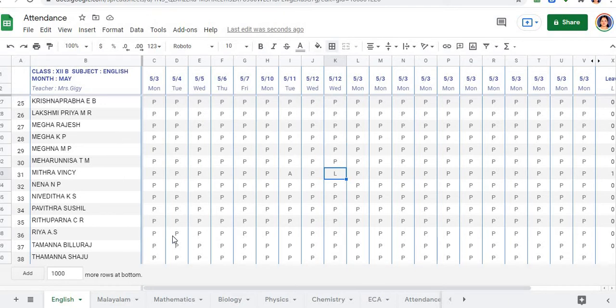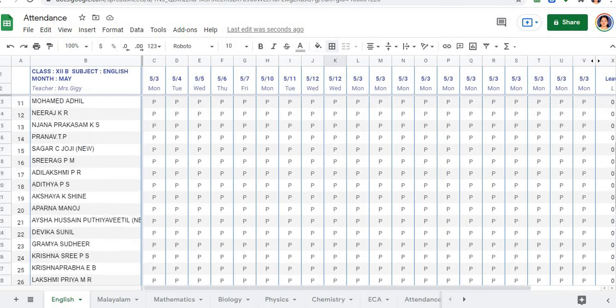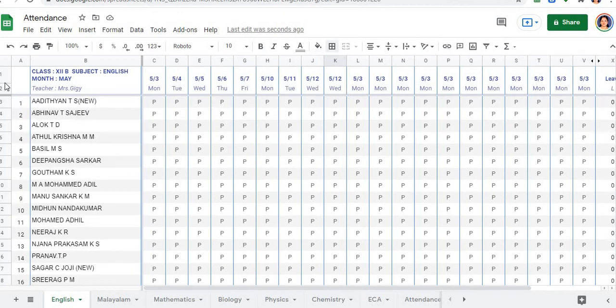Now the next thing I wanted you to know is how to make the attendance register for all the other subjects, as we had it for English. For this, you again go to the first page. You have the first child's name displayed.